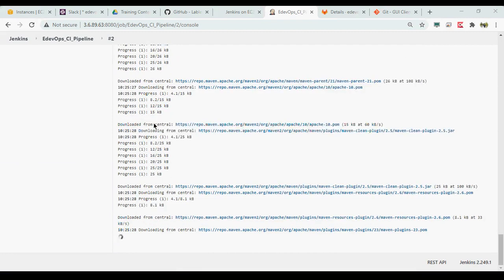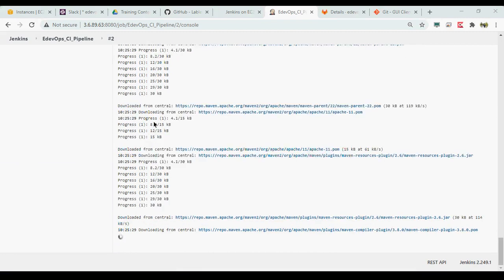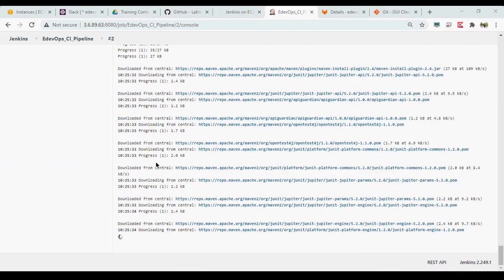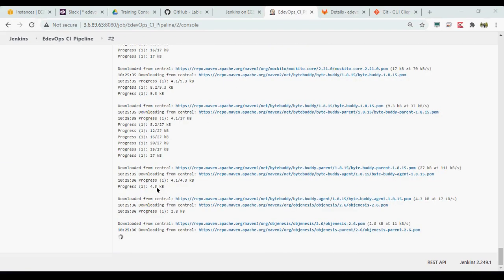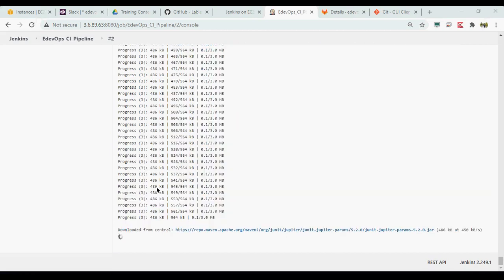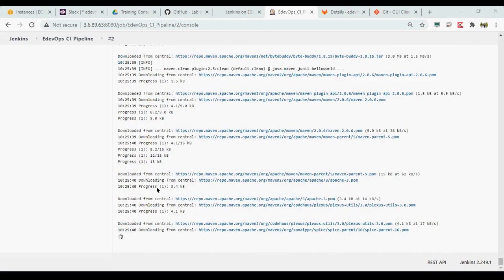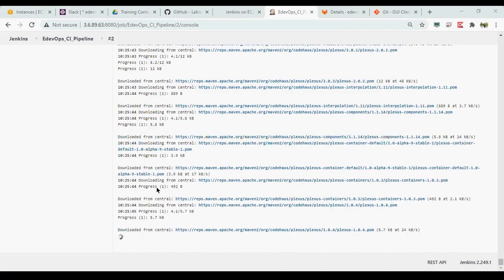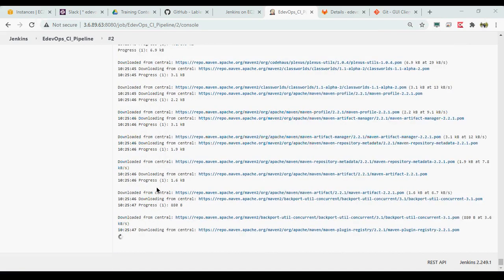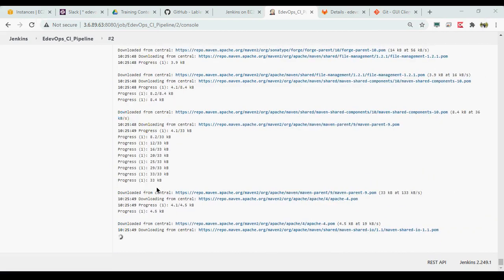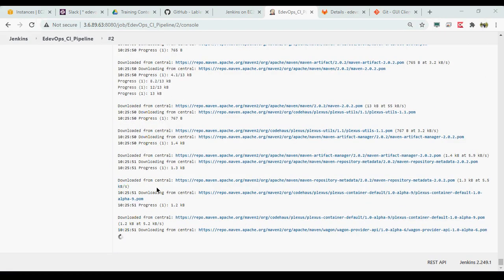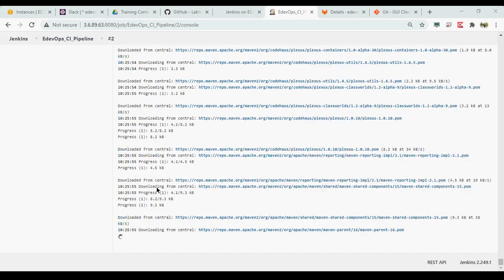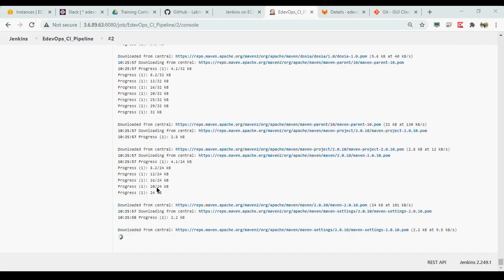Earlier it downloaded Git. Sorry, it is now downloading Maven. And now I think it is downloading the other dependencies. If you remember from previous sessions, Maven is a build tool where you don't have to package your dependent libraries in your artifacts.